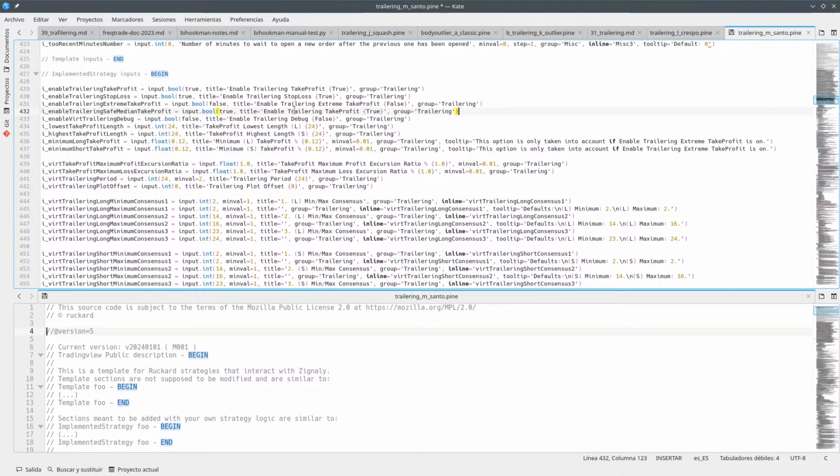So enable trailing save median take profit. The tooltip means do not trade